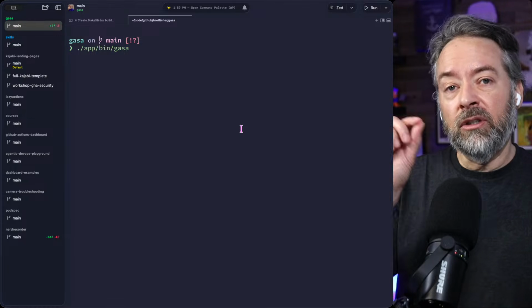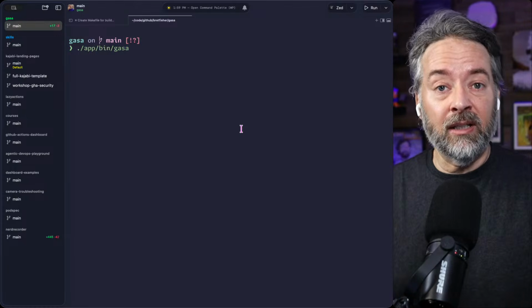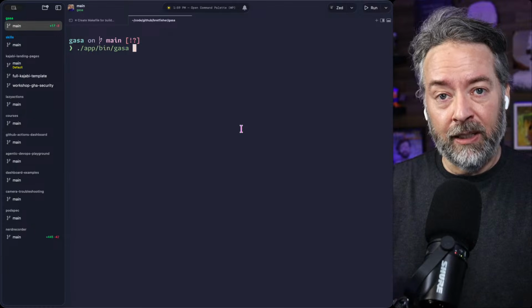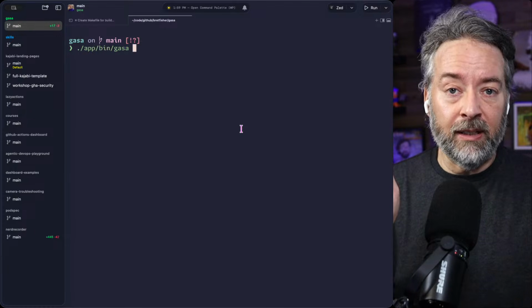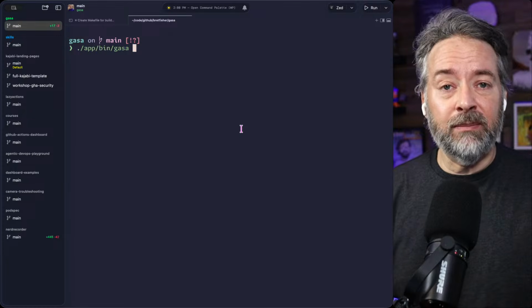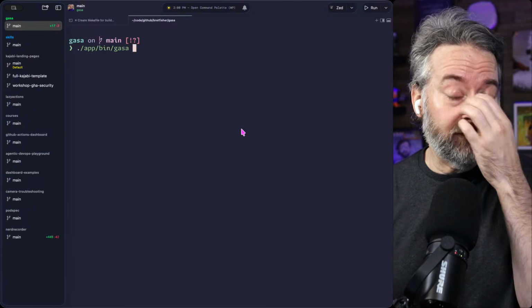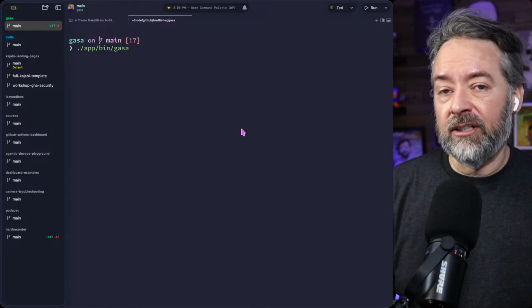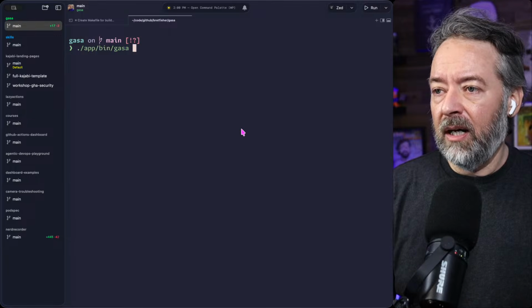So this tool uses your local GitHub CLI to authenticate to the GitHub API so that you don't have to give it a PAT. It just uses your local GH CLI. It technically could be a GH plugin for the CLI, but I figured it just made sense as a standalone tool. Anyway,